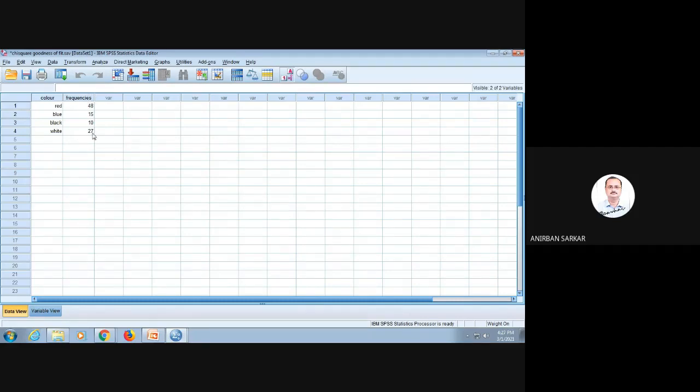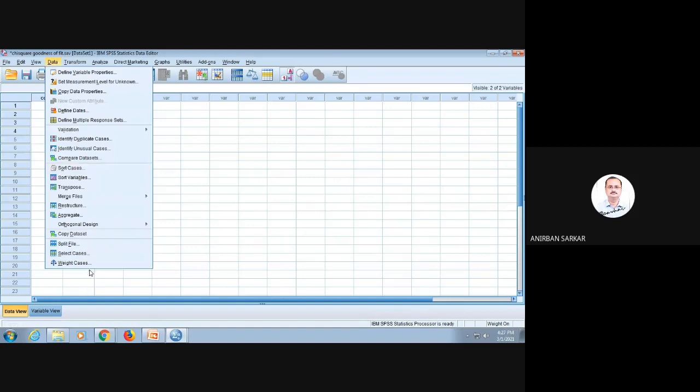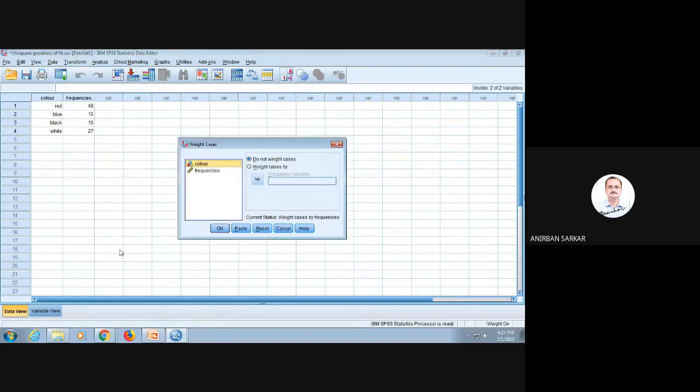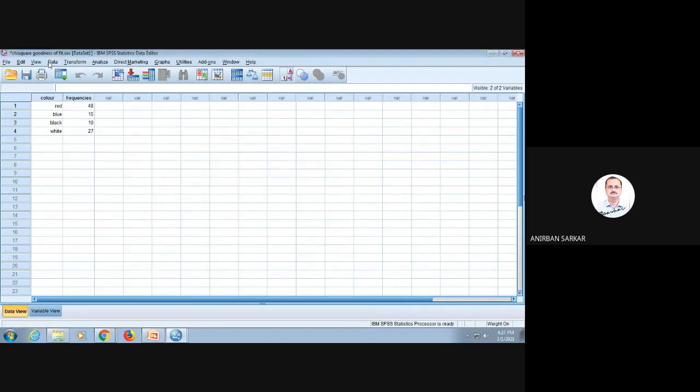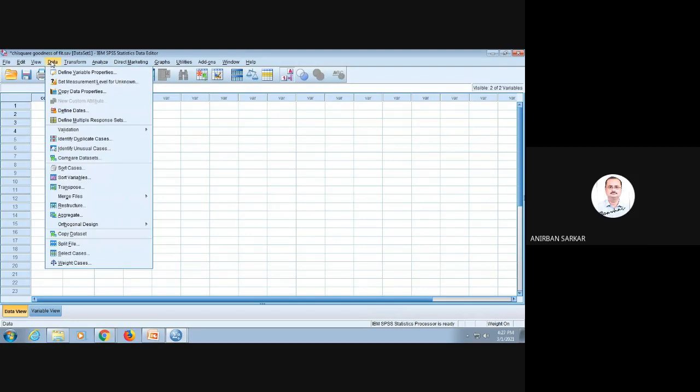Now when you are typing these frequencies, one thing you need to understand: before typing the frequency, you have to go to Data. Just be very attentive. When you are typing the frequency data, you have to go to Data first and choose Weight Cases. Again I repeat, go to Data and choose Weight Cases.